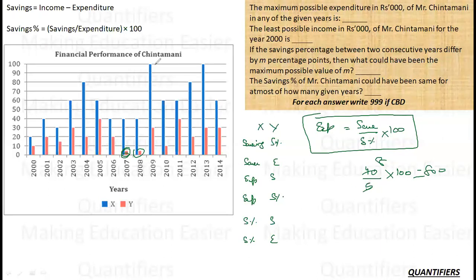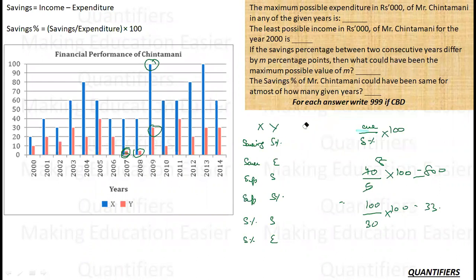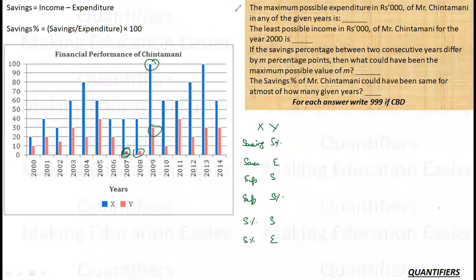Otherwise we can also do some hit and trial. Let's say I use this, because I can see its saving is maximum there. If I use it as 100, use it as 30, my answer is 333.33, whatever. So again I can see that it was just a 1 minute question if you had thought of it this way. The other way I have seen people do was to make separate cases for every year and then analyze, which is not a good thing to do here. So this is how you can use ratios. The higher the ratio, the more the answer. Second part, this is done.